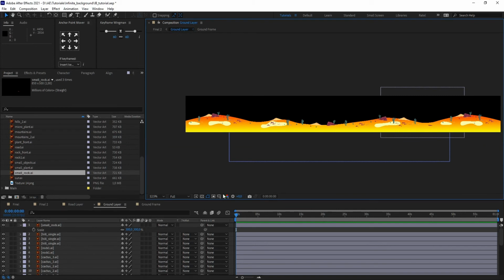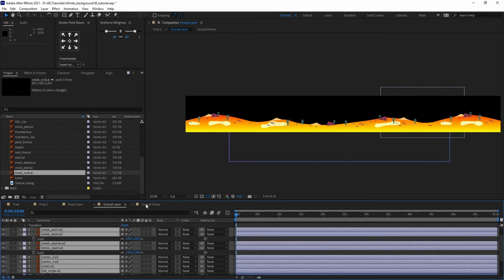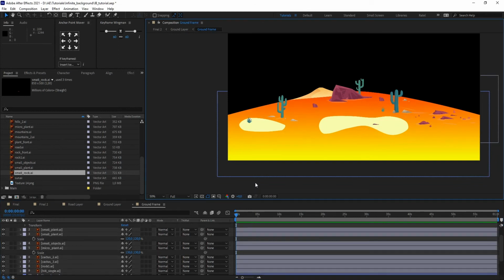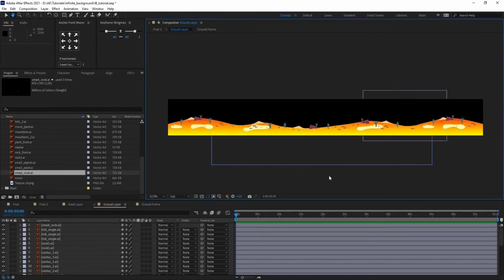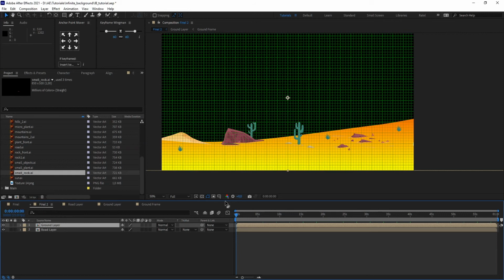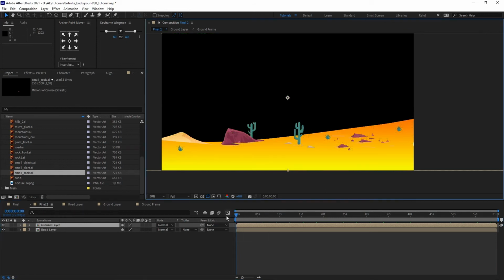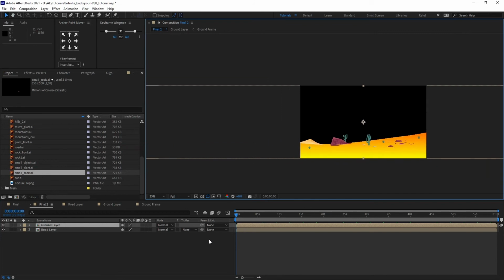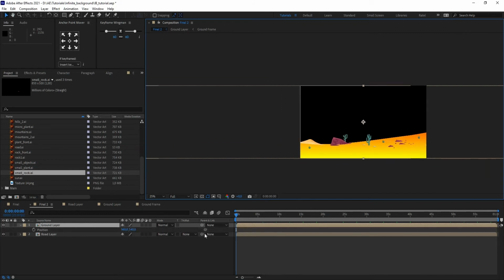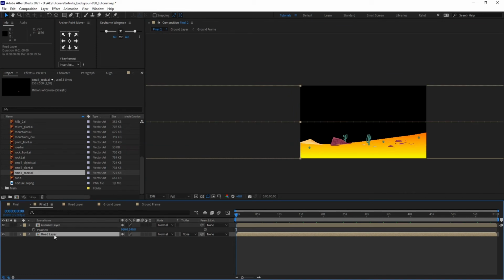Okay, so we have the ground layer with the ground frame looking like this and the ground layer looking like this. So we can go back to the final tool. We will uncheck the grid, and now we will set the position just like in the road. So 4800